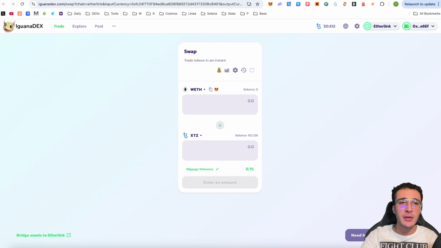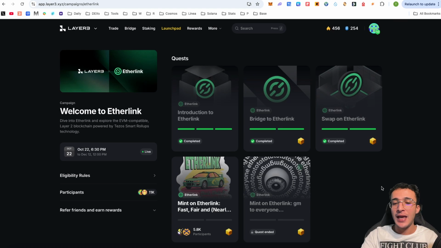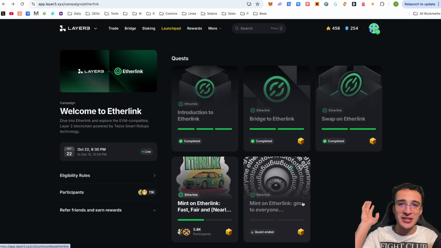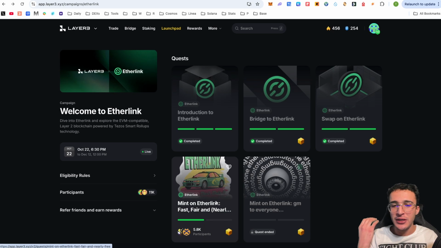For now, if we go back over to Layer3, we have one more quest to complete. Now friends, I'm going to stop you here. I tried to mint this NFT for you all, but I'm going to save you $8.50 because you cannot complete this. It asked me to mint one of these NFTs, of which it said there were 6,028. So of course they were all minted, and unfortunately I couldn't get my hands on a fresh mint one,